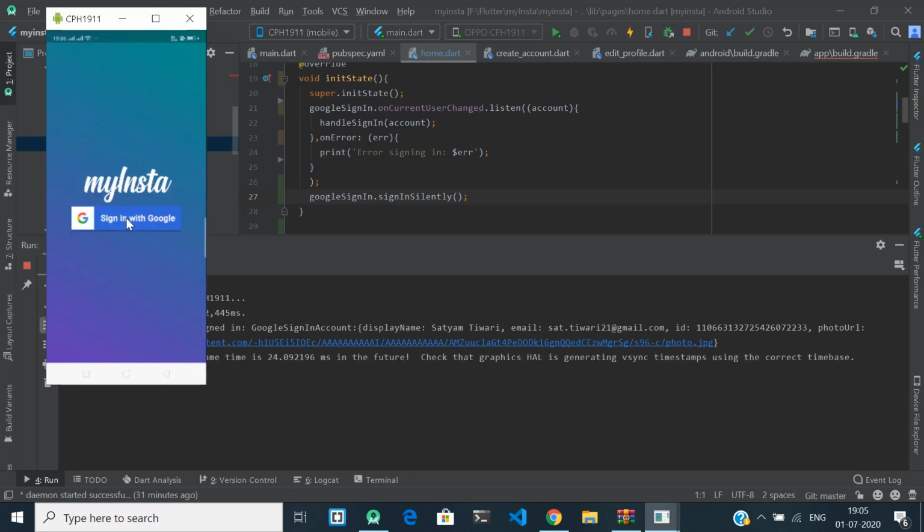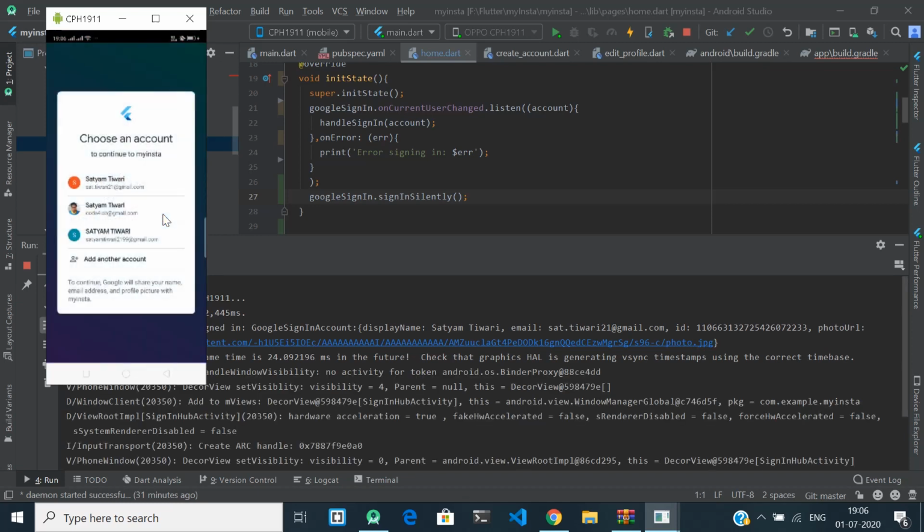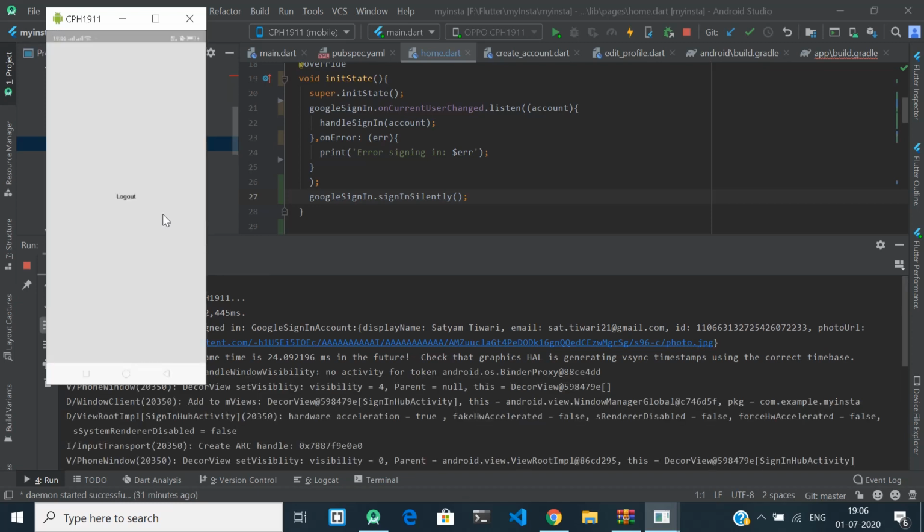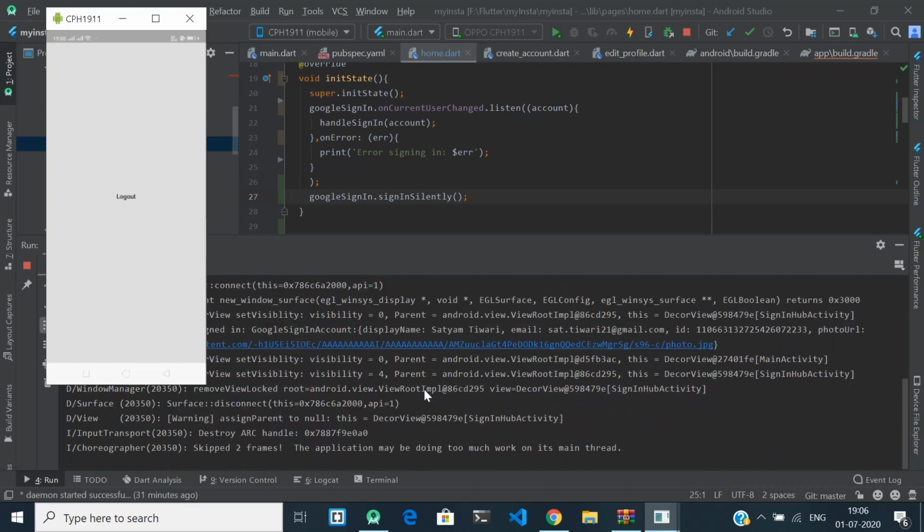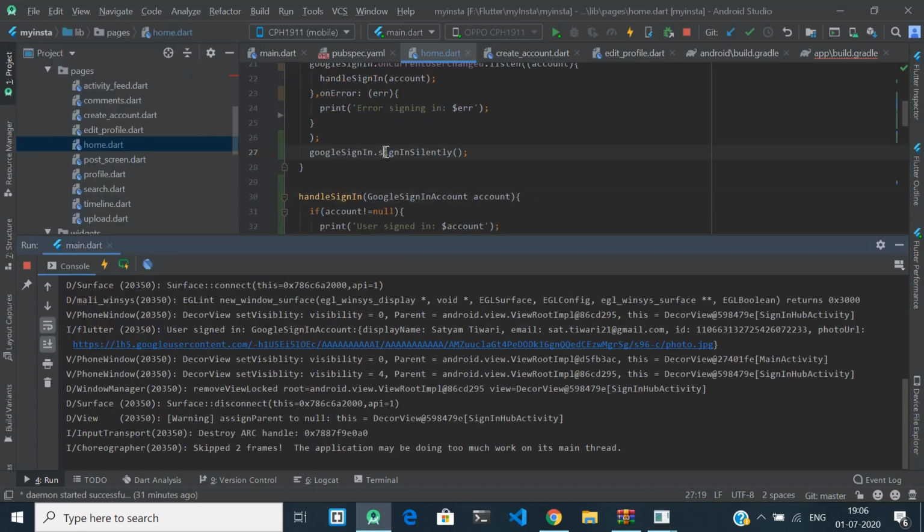If you click on logout, again you are in the unauth screen. Now if you click sign in with Google and click on an email account, again you will be logged in. So this part will work. And using sign in silently, if you run your app again after closing it, it will still be signed in. That is the function of sign in silently.